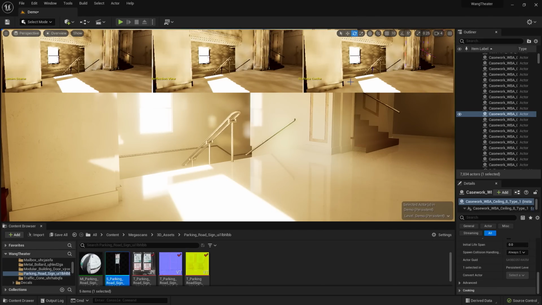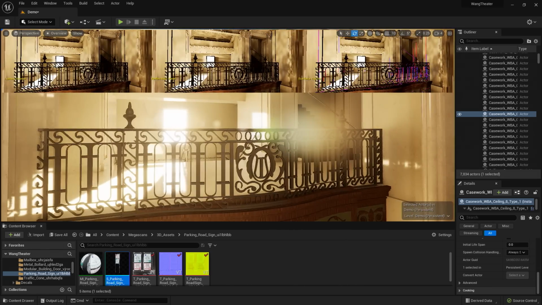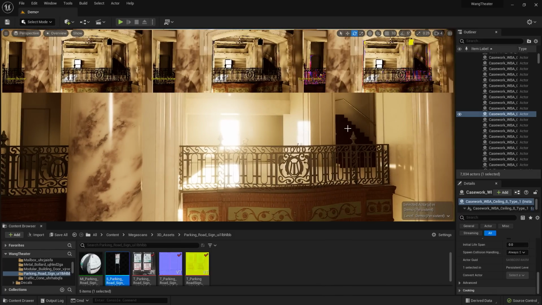Now, Lumen will capture the material properties for each mesh from multiple angles. So you'll notice here, if I zoom around a little bit, you'll notice we're getting some pink and yellows within the scene. This is going to help inform us of any changes we need to make to our Lumen settings. In order to pull those up, you can go to the right-hand side, and you'll be looking for a post-process volume.